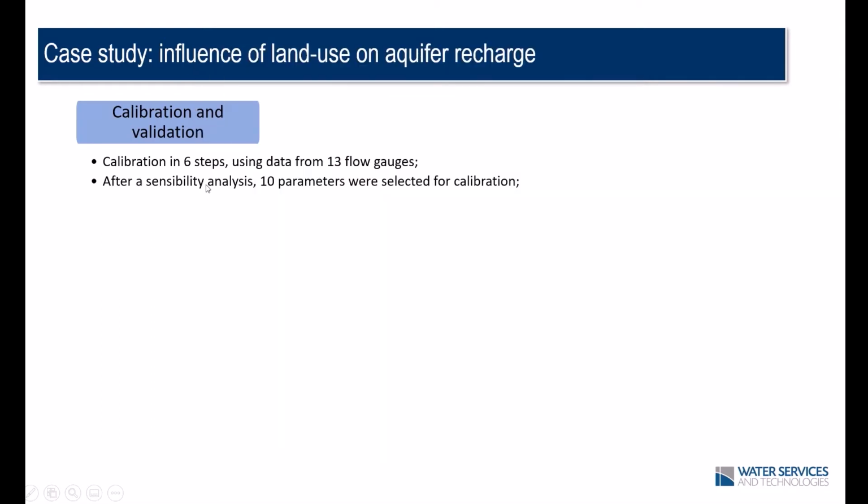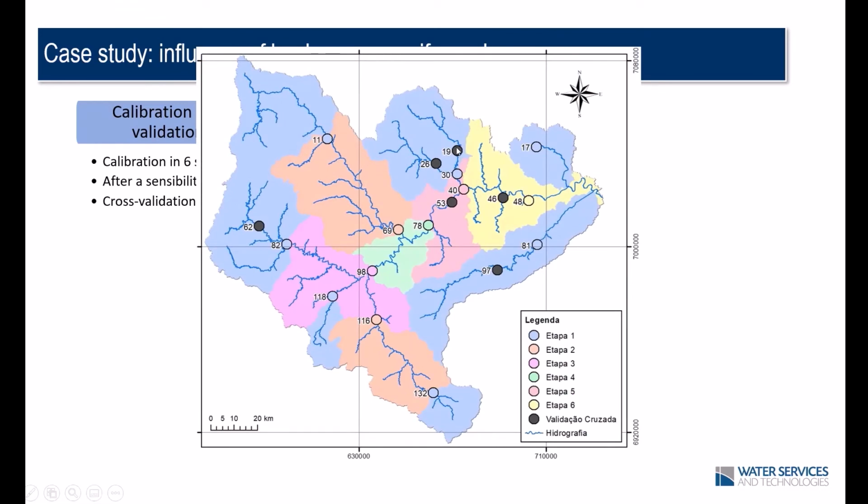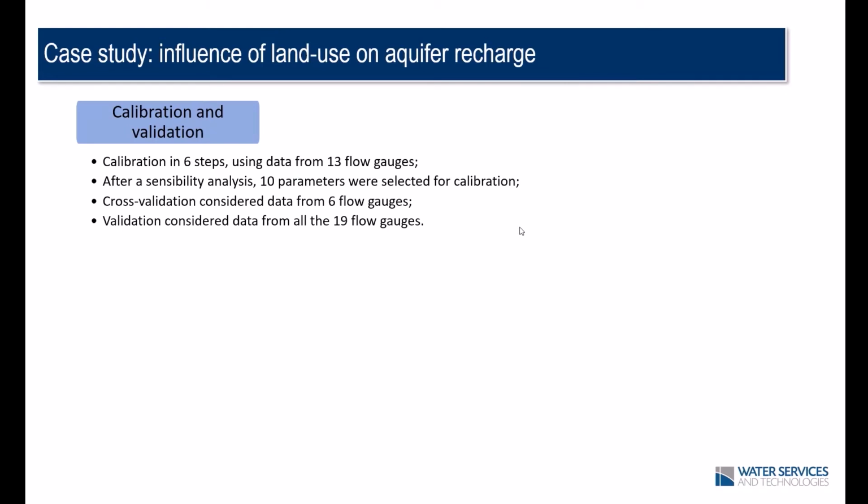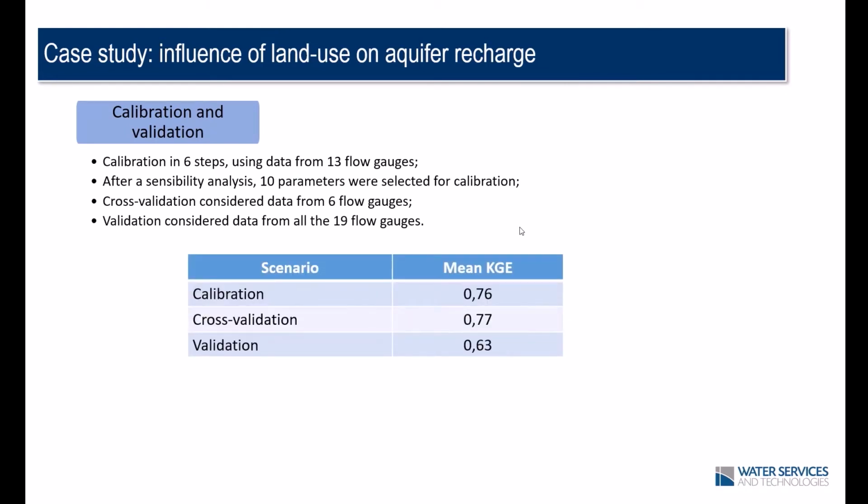We also made a sensitivity analysis, and after that we selected 10 parameters for the calibration, and we could see that most of the parameters were related to characteristics of the soil, for example, curve number, soil evaporation compensation factor, groundwater revap coefficient, threshold depth of water in the shallow aquifer required for return flow to occur, available water capacity. The cross-validation considered data from 6 flow gauges, which are represented by the black dots here in this picture. The validation considered data from all the 19 flow gauges, and here finally we have the results for this